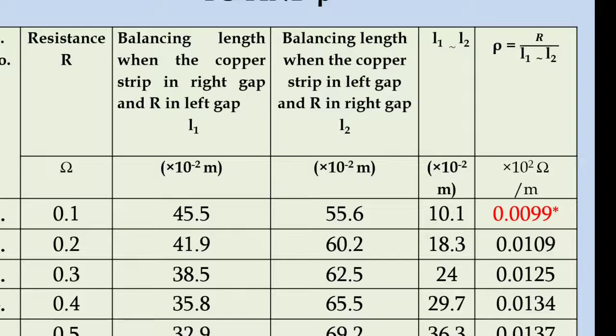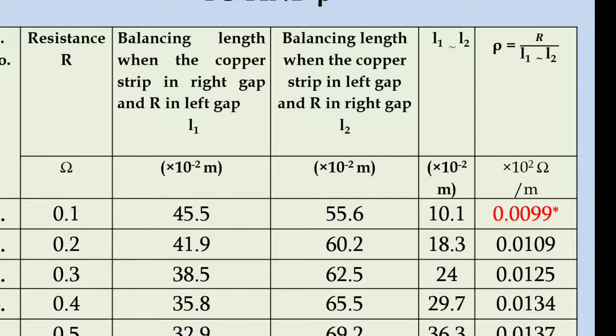So for the first set of readings, R is 0.1, L1 is 45.5 and L2 is 55.6. So L1 difference L2 is 10.1 into 10 power minus 2 meters. Exactly, saying with units, it is 10 power minus 2 meters. So rho is equal to R, that is 0.1, divided by L1 difference L2, which is 10.1 into 10 power minus 2. When this 10 power minus 2 goes to the numerator, it becomes 10 power 2. So 0.1 divided by 10.1 will give us